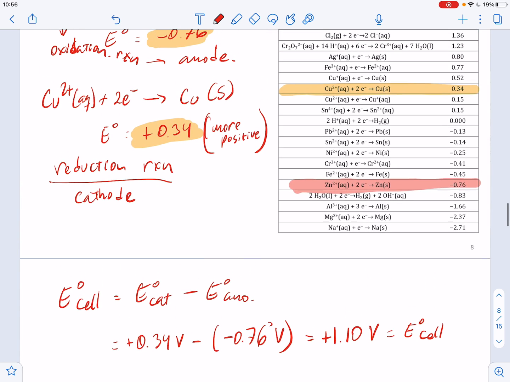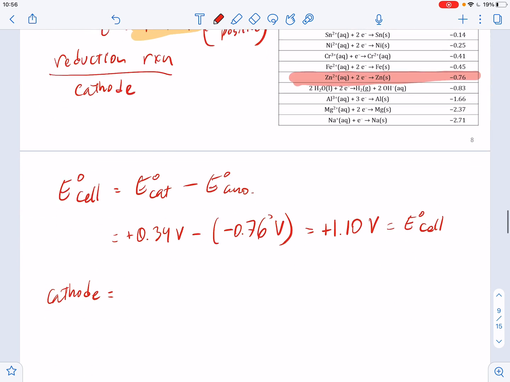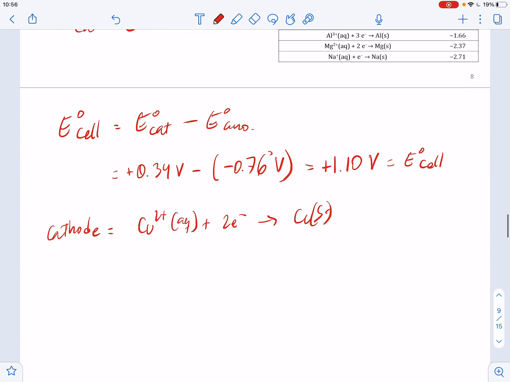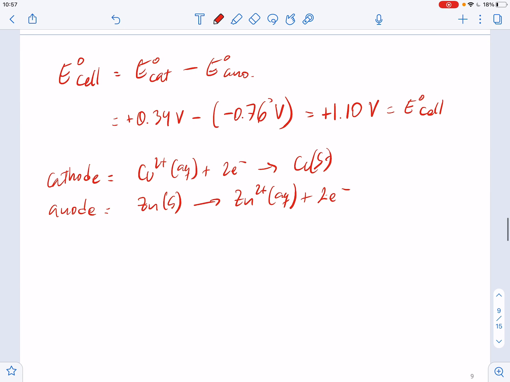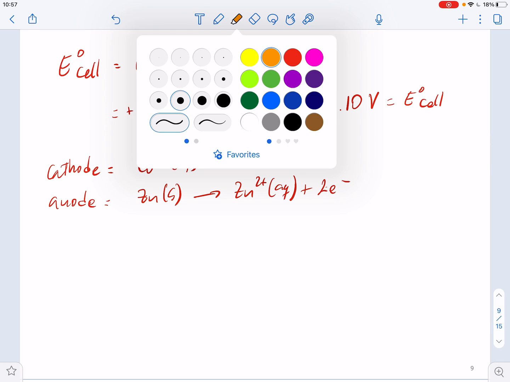All right, so let's rewrite everything again. In the cathode you have copper 2 plus plus 2 electrons going into copper solid, and in the anode you have zinc oxidizing to zinc 2 plus plus 2 electrons. If we are to write our standard cell notation, then I want you to notice here that